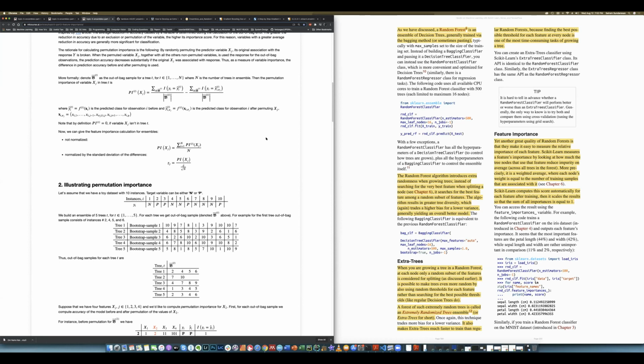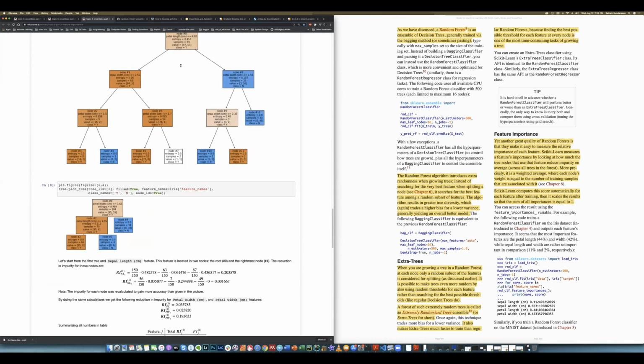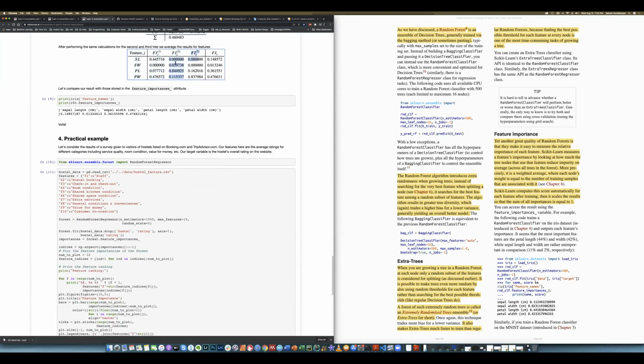Right, because for example, if a particular feature wasn't used in two trees, and you just said that 0.44 is its contribution across all three trees, that's wrong. Whereas the raw score here, for example, petal length across the board is used in all three trees, and if you sum that up, how do you measure